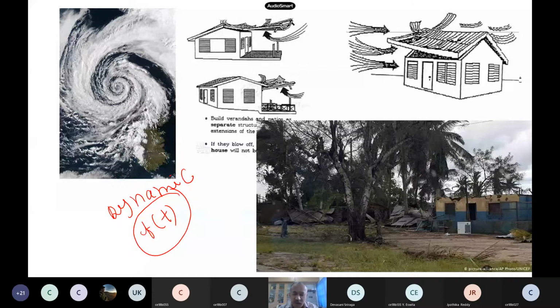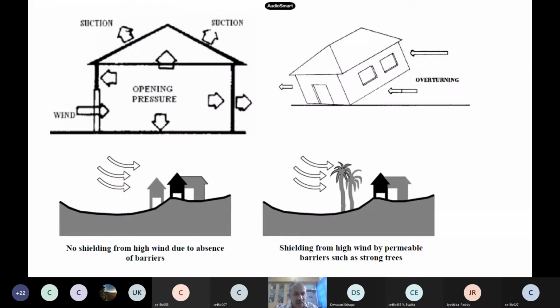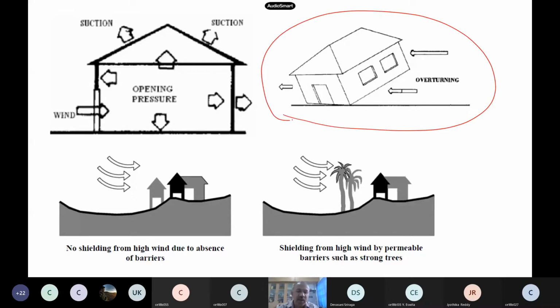Then we have seen that wind can be very damaging. Nowadays so many cyclones are coming and there are so many issues. So we have already started discussing these issues. When wind enters the building, you will have pressure, suction, negative pressure, positive pressure, so many things will be there. Even overturning may happen when there is a wind load. And we have also said that whenever there is a topography or a nearby structure, the wind speed depends on all these things also.